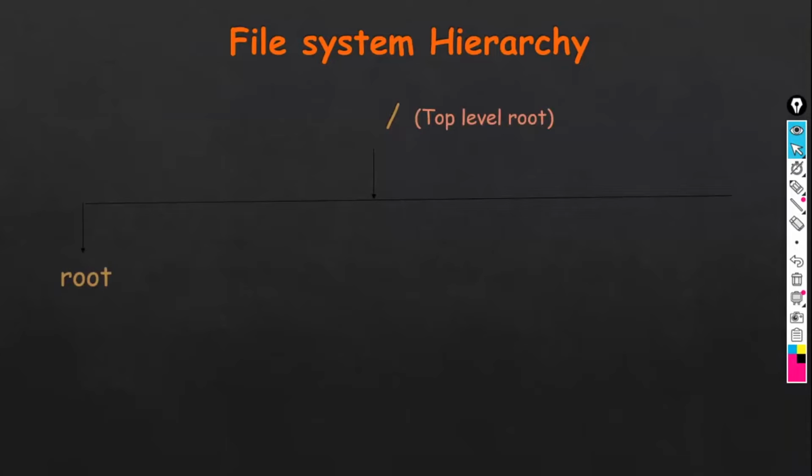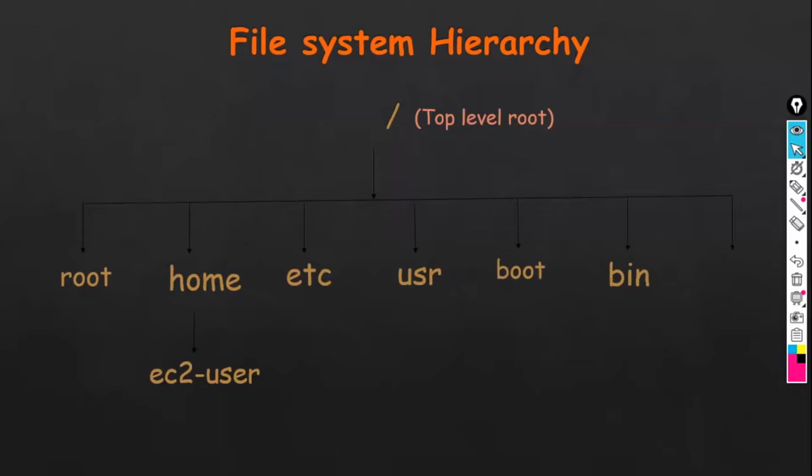There is a root directory, and there is a home directory. This home has user directories. The root directory is again divided into etc, USR, boot, bin, sbin directories, and many more. We call this one root, and we call this one also root. But what is the difference? This one is represented using a character, the forward slash. The other is represented with alphabets, ROOT.